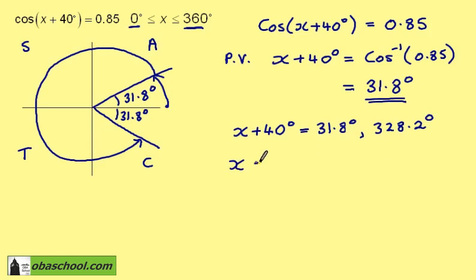To get x now, we need to subtract 40 from both sides, and this gives us minus 8.2 degrees and 288.2 degrees. But minus 8.2 degrees is not a valid solution since it's not between 0 and 360 degrees. In order to deal with this, we'll continue around here and find